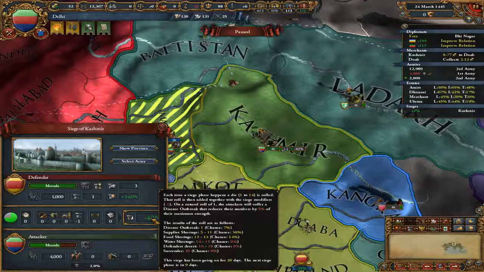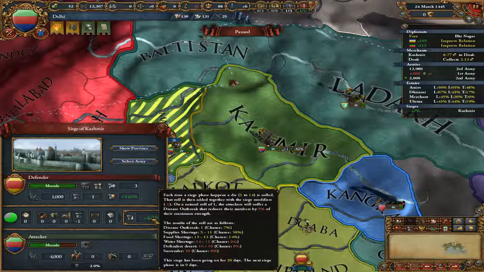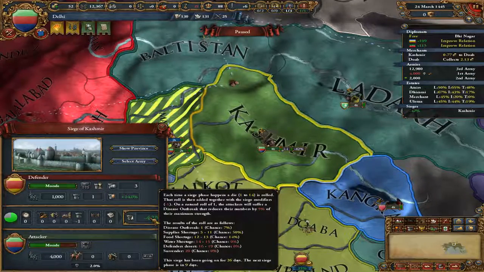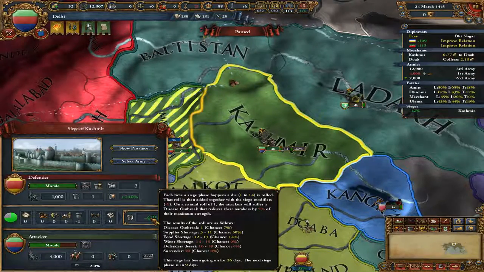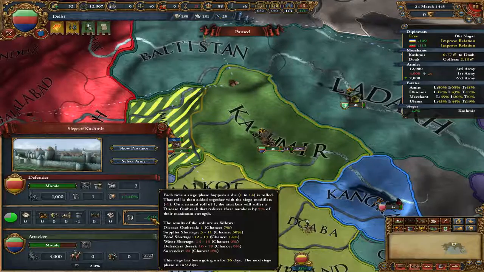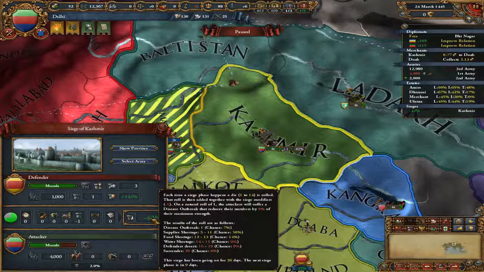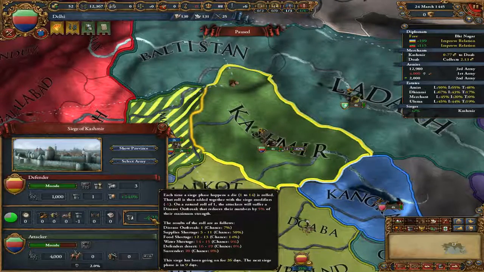If that total roll is 20 or higher, sorry, the cat is being vocal. I assume you guys can hear that. I'm not sure what the issue is, but I'll give him a little bit of attention, and hopefully he will not talk through our video, because his EU4 skills are low and his feedback is not very valuable. Okay, anyway,